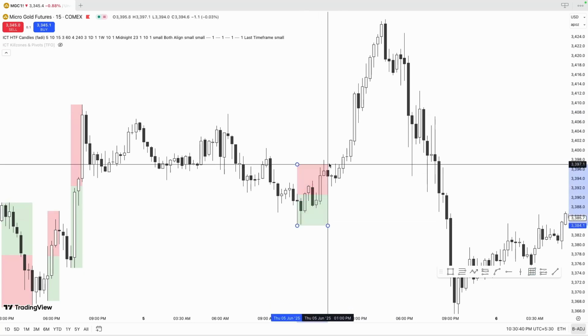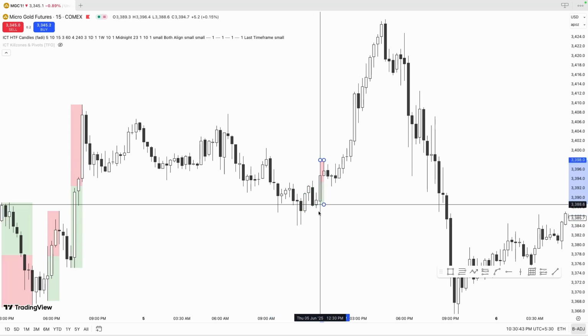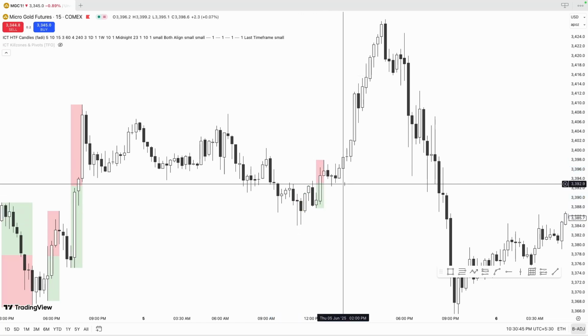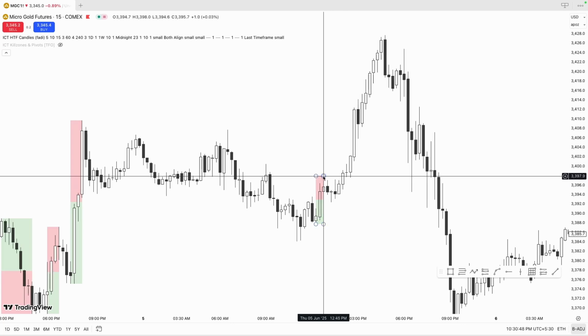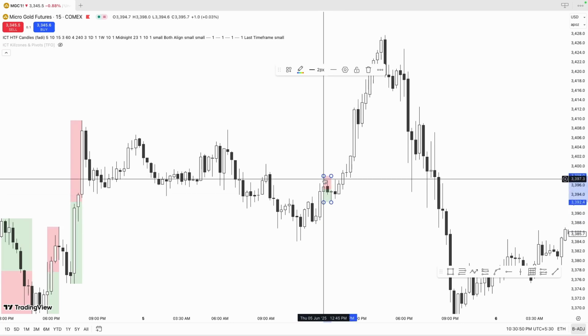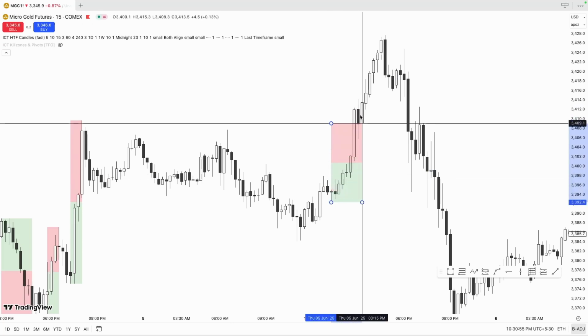So what you can do? This is the next high, and this is your new low. Does price come to the equilibrium? Yes. So you can just drag the next low right here, and the next high right here. Okay, and then you can start dragging out